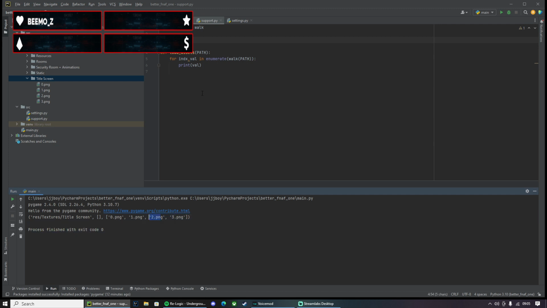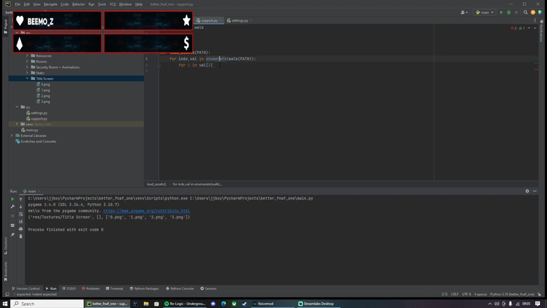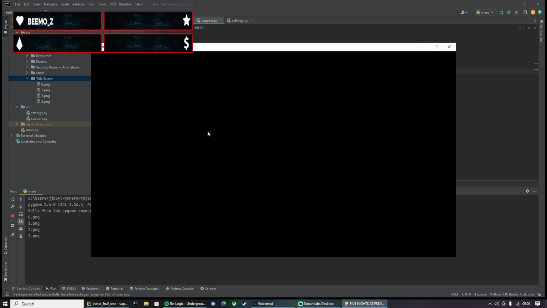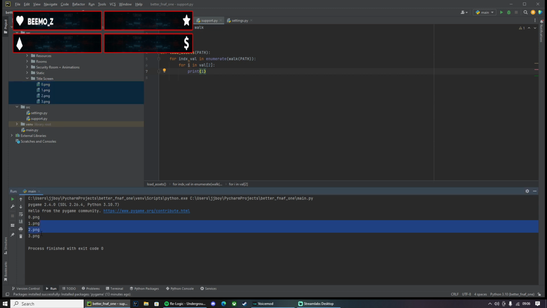We're just looking at the individual files, so let's go 0, 1, 2. So we're going to look at the second one. So we'll loop through the second. For I in value 2, so this row, print individually. So we get all of these now into the program.